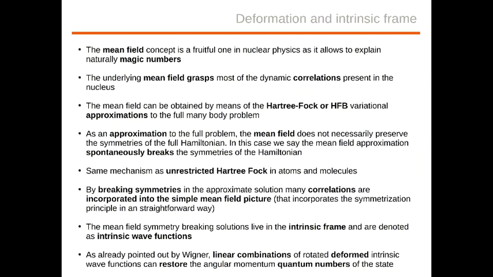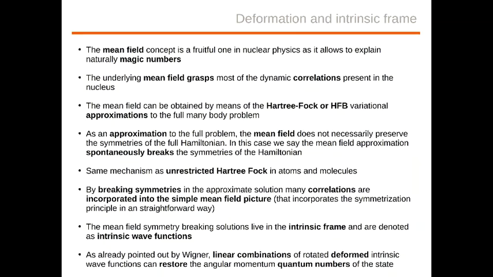And those approximations do not have to preserve the symmetries of the Hamiltonian. In this case, we say that the approximation, the mean field approximation, is spontaneously breaking the symmetries of the Hamiltonian, right? And this is exactly the same mechanism as in quantum chemistry or in atomic physics when people talk about unrestricted Hartree-Fock, right? If you are familiar with unrestricted Hartree-Fock, this is essentially the same mechanism, right? By breaking the symmetries at the mean field level, in this approximation, we are incorporating many correlations into a simple